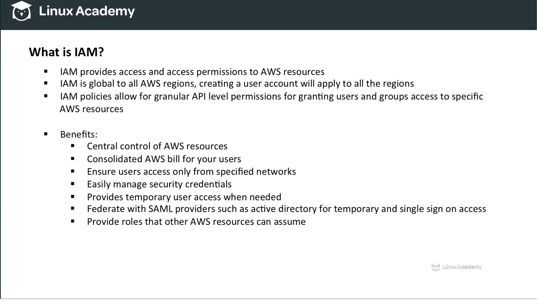It allows us to easily manage our security credentials for our users and groups. We can manage the API access keys, for example. We can provide temporary access when needed. For example, a little bit about Simple Token Service. Or we can use federated accounts with Active Directory and SAML in order to create temporary credentials for Active Directory